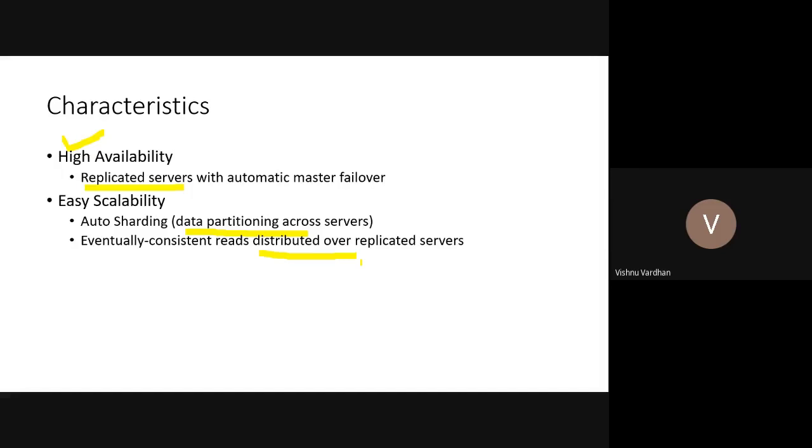So you don't have to read from a single server, as you are redirecting those reads to 4 or 5 different servers. Naturally the performance of the servers is also going to increase. So in that way it is offering scalability. The sharding and the replication, all these are for the high scalability of your MongoDB database servers.